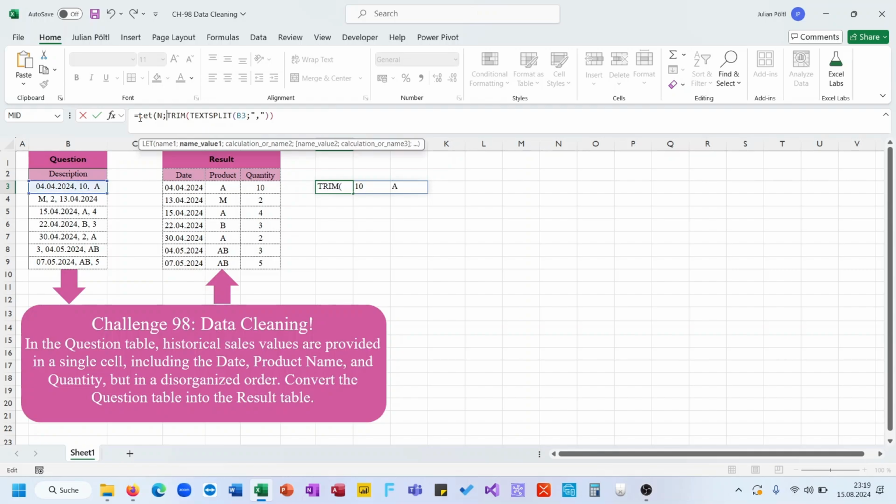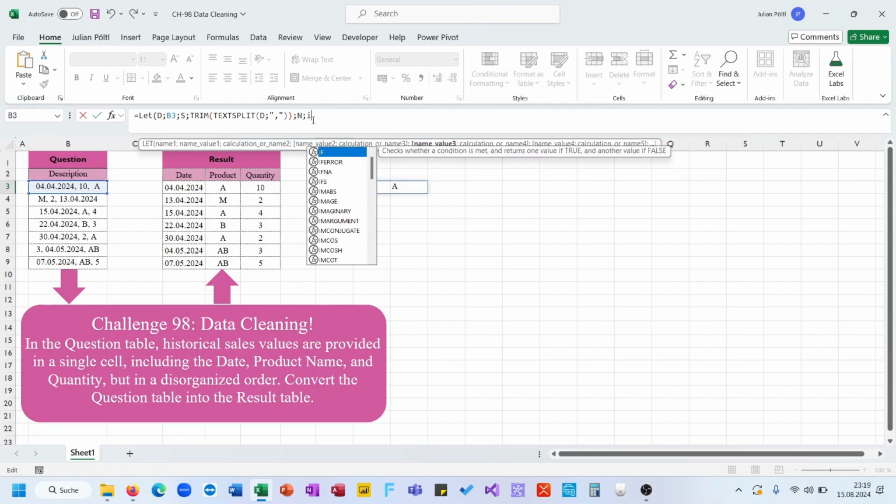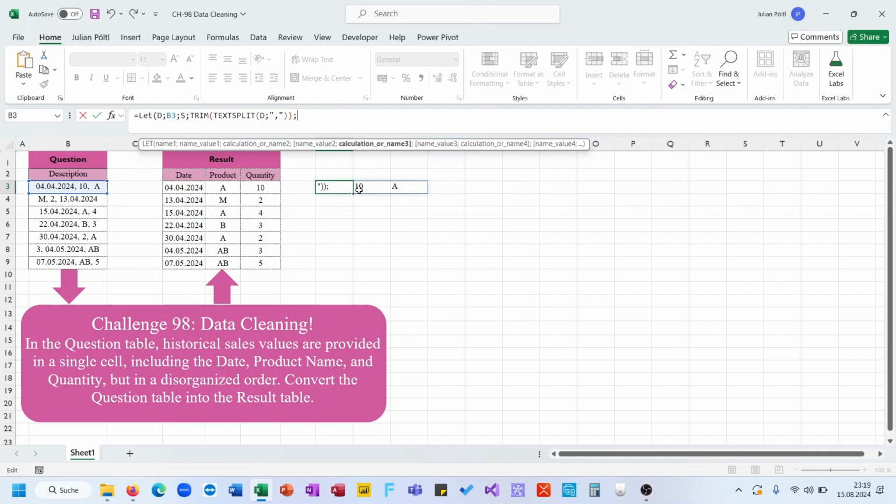Then I will also name this. So here this is leave for data. This is S for split, and then I use N, because currently this isn't a number, this is a text formatted as a number, and if I want to make text and numbers into numbers, I normally use IFERROR, multiplied with one, and if it is an error,